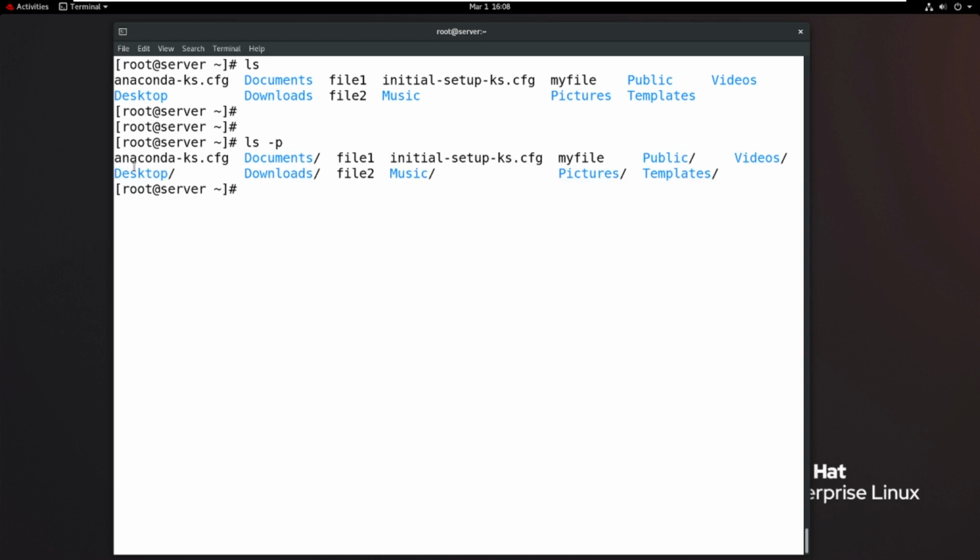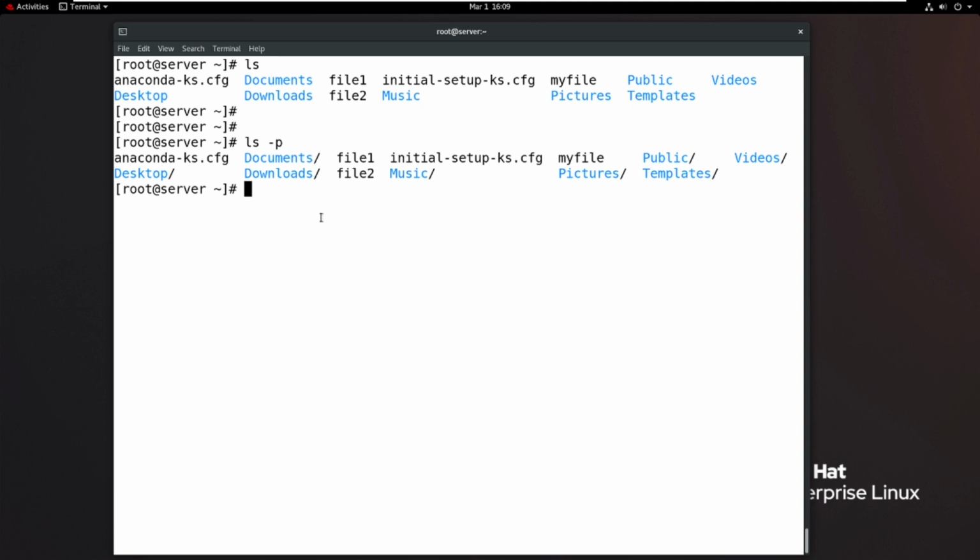Yes, when the name ends with a slash, it is a directory. With no trailing slash, it is a file. So files do not end with a trailing slash, but when the resource ends with a slash, it is a directory. So this is the way to identify files and directories, a very easy and simple way to list files and directories.